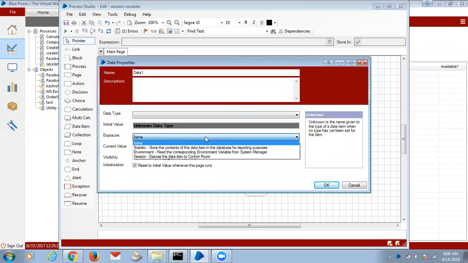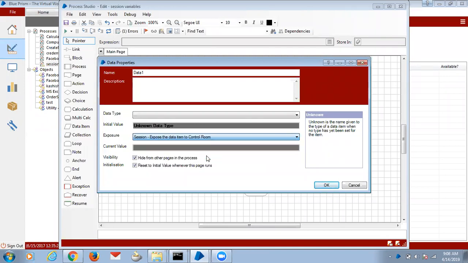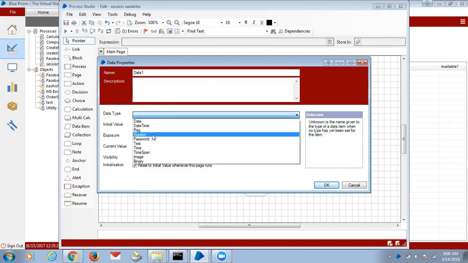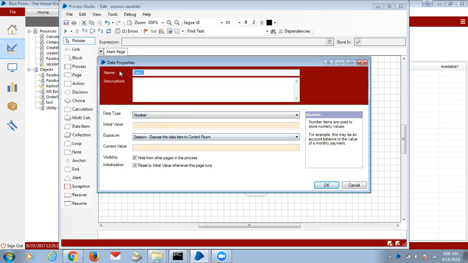So expose, see session, export the data item to control room. This is what you have to select here. And I'm taking one counter. Zero is the default value.